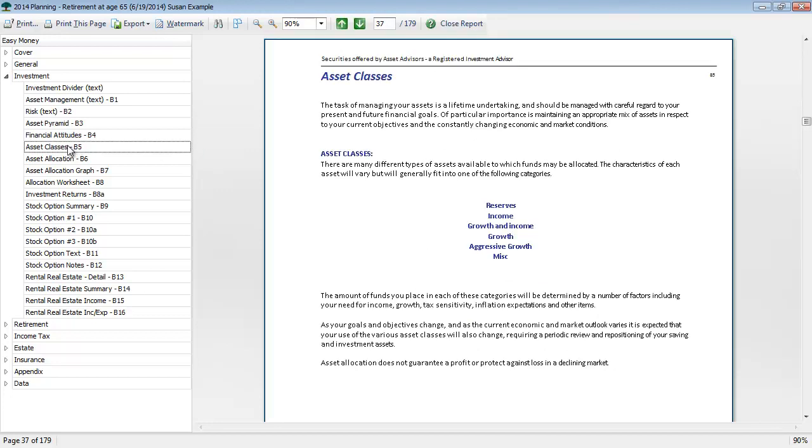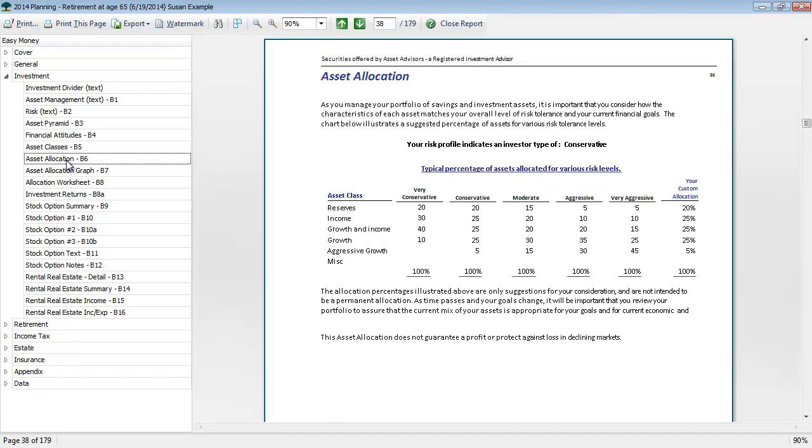Next, let's take a look at the asset allocation. The first thing to point out is that the asset classes and the suggested allocations are all fully customizable, so you can modify this to reflect the asset classes you use in your practice and the suggested allocations you use for your planning. The program is simply going to choose the client's suggested allocation based on the risk tolerance level